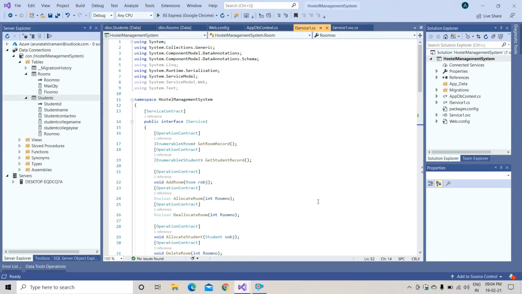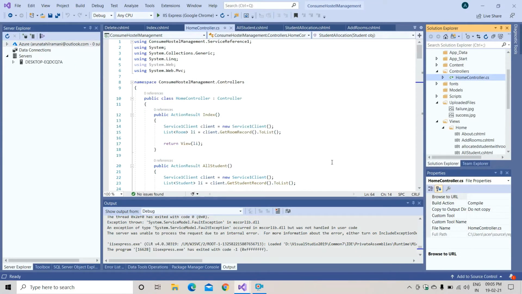Hello, our project is Hostel Management Web Application. This Hostel Management Web Application is made using WCF services and is consumed by an Entity Framework ASP.NET Web Application. In this Entity Framework ASP.NET Web Application, we have followed an MVC architecture, and for the database we have used MS SQL and followed the code first approach.